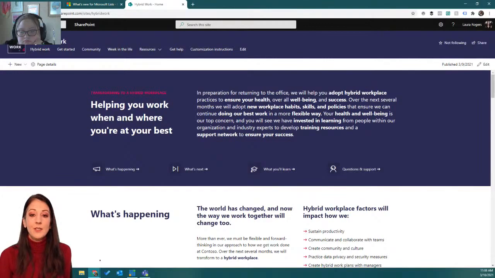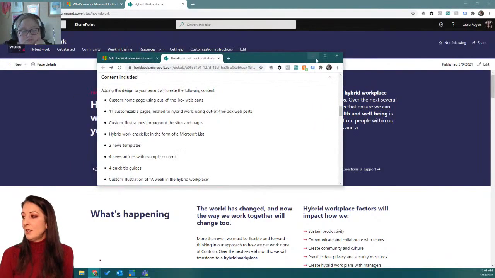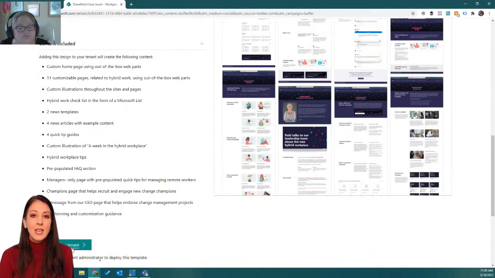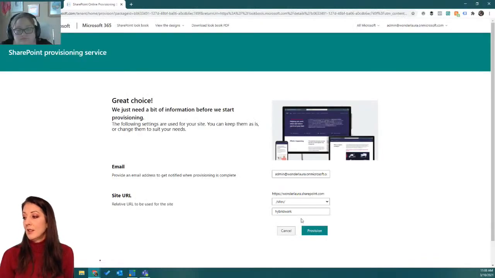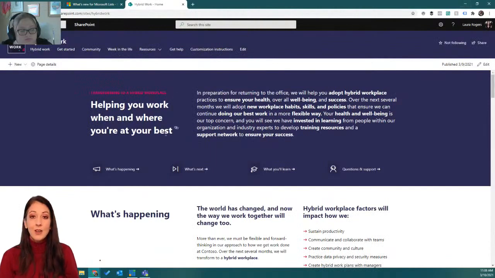I've installed this. From just the screen, I just clicked add to your tenant. And if you're an admin, you can do this. You can click add to your tenant, and you can say what you want the URL to be and just click provision, and it will install it, and it'll send you an email once it's installed. So it's that easy. There was nothing to it. So that's what I did, and now I have this template that I'm going to show you. So here it is installed, and